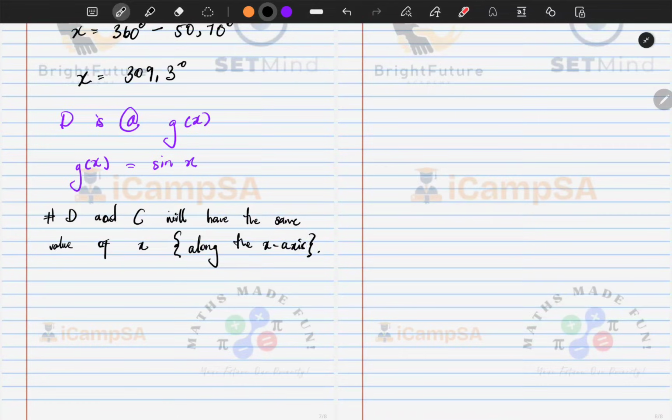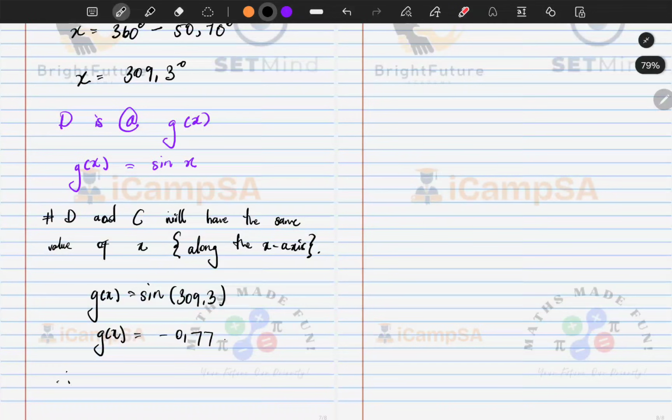So that means that your y, your g of x, is just going to be equal to your sine of 309.3, right? And then if you punch your calculator, you are going to get a negative